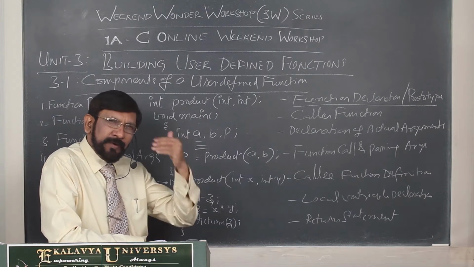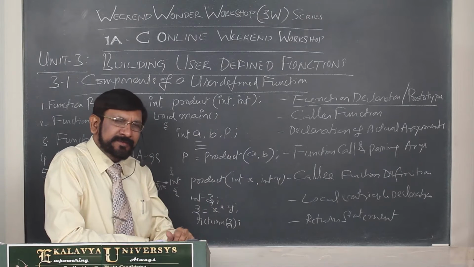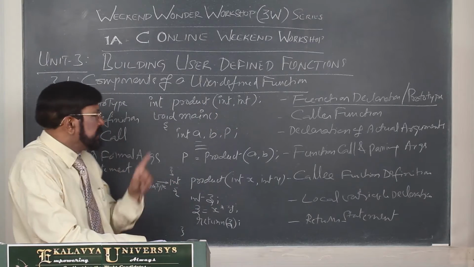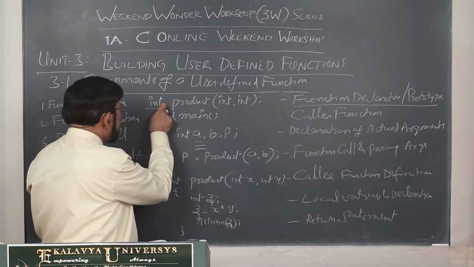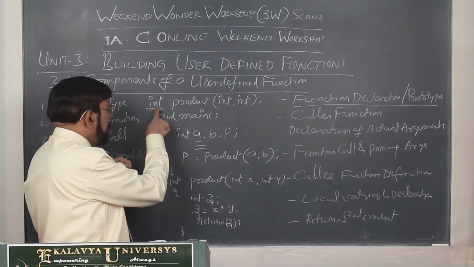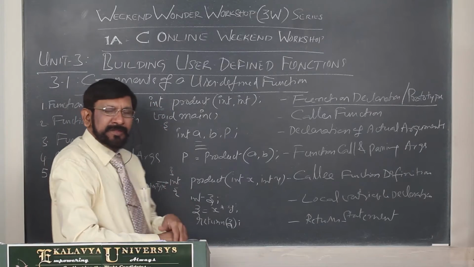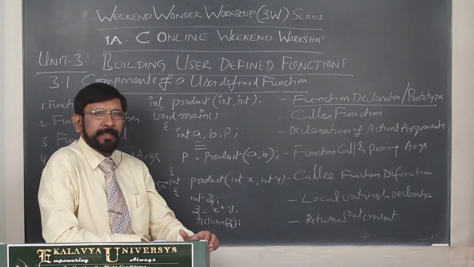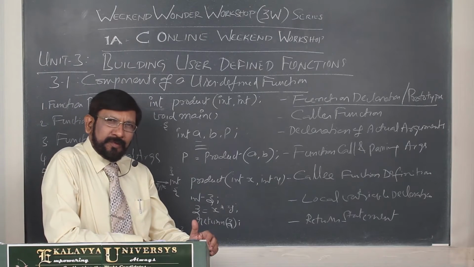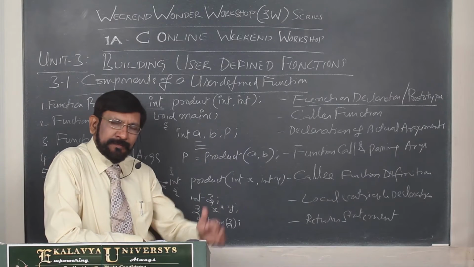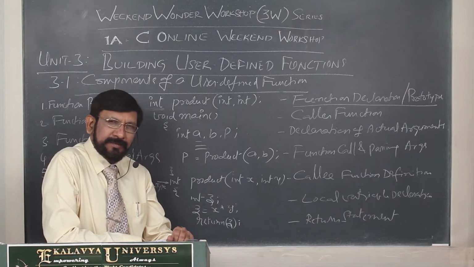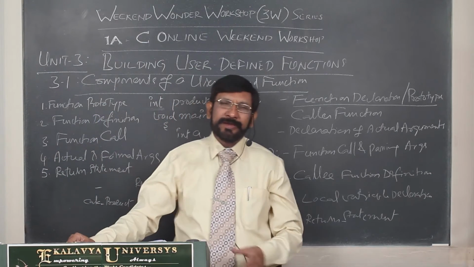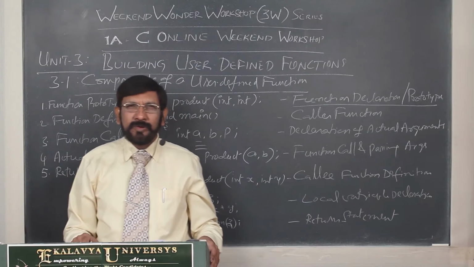And what type of result does it generate? You know that. Obviously, int versus int, the result should be int. So this is what we call return type. Return type we are writing here. Actually, what is the importance of return type? Let us think of that from a real life angle. Your father told you to bring something. Somebody gives you something, bring it. Then what is your immediate question? What do they give?